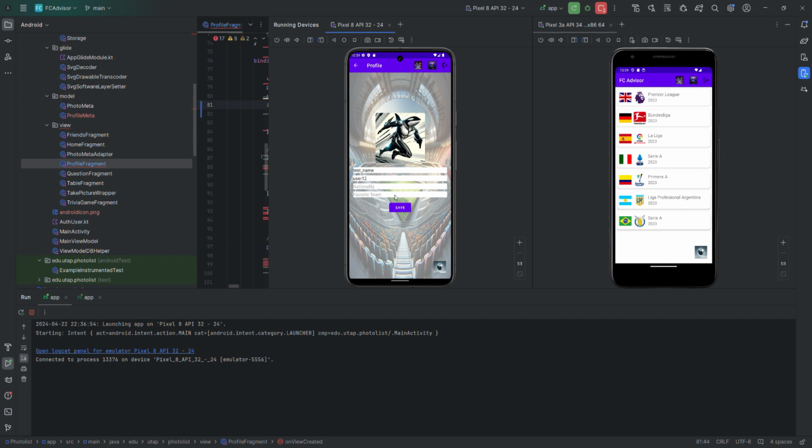But the reason that I didn't put the nationality and the favorite team is because the second thing that I want to demo, that is one of the most important parts of the application, is the interaction with Claude. When hitting the FC Advisor icon, which is what I call it, this is going to prompt a questionnaire, and then those answers that the user gives are going to be sent to Claude to try to determine a favorite team. So if I try right now, I have a message: you have to write the nationality and save. So I'm going to put the United States.